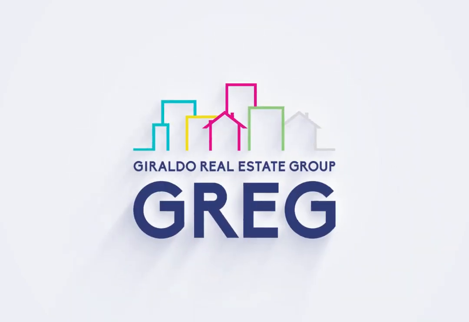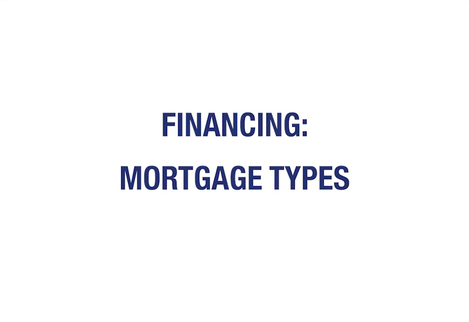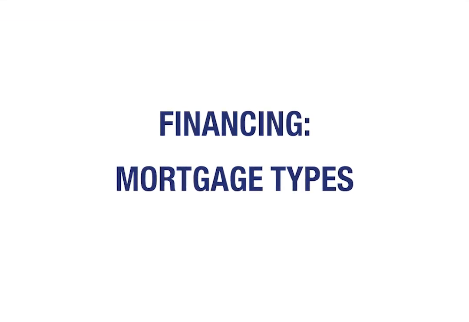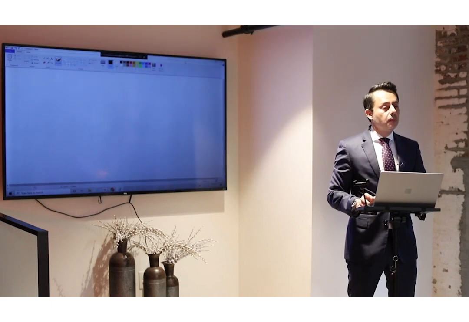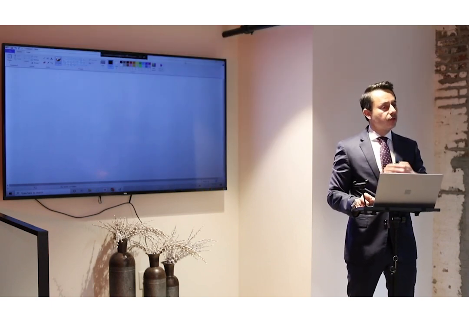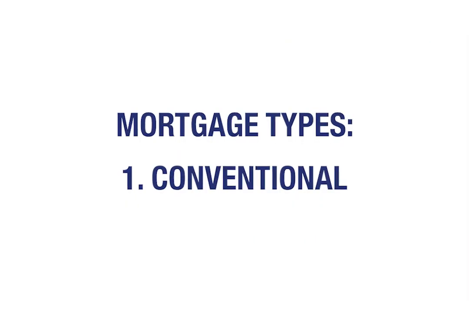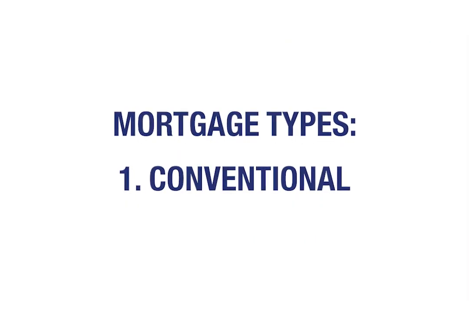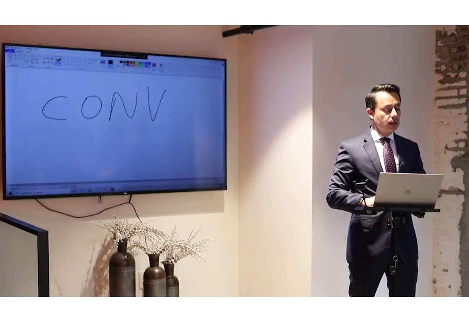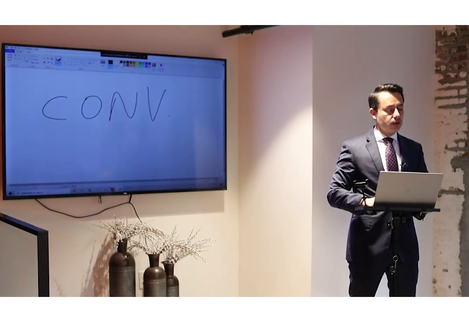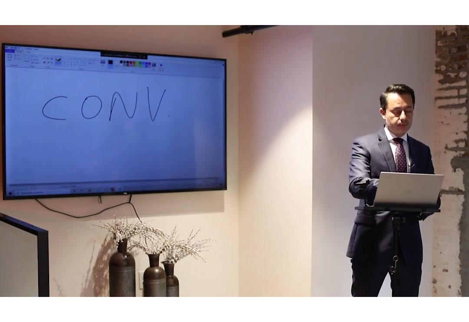All right, so we're going to talk about types of financing. There are three main types of financing, actually four, but on the residential end, there are three main types of financing. The first one is conventional financing, usually conventional, that's how people understand it. And what is the difference between conventional and, for example,